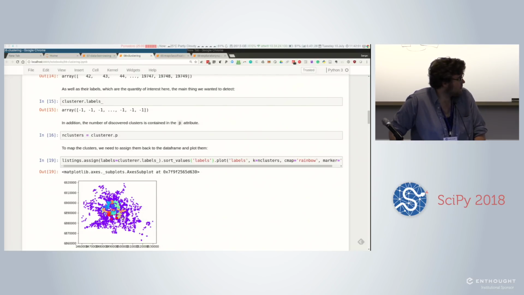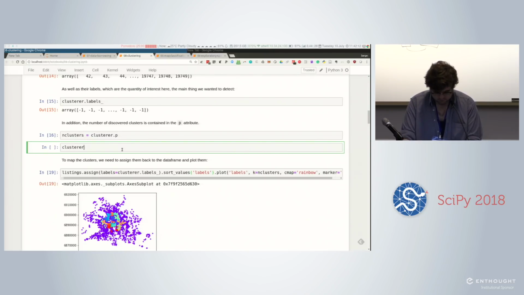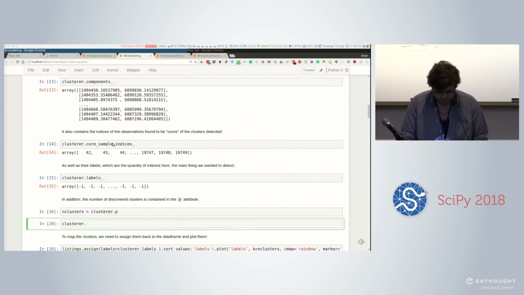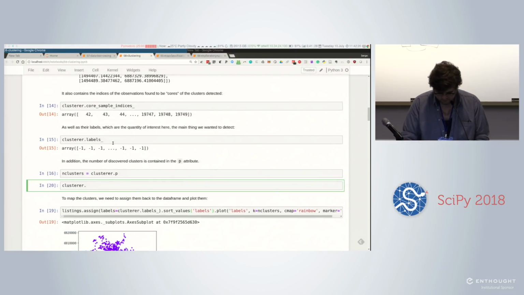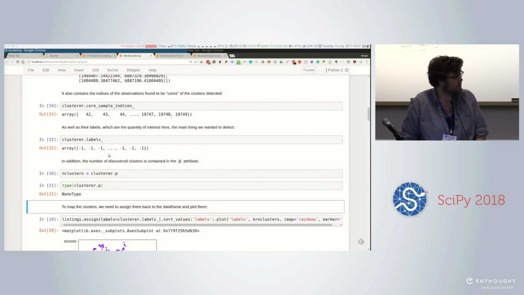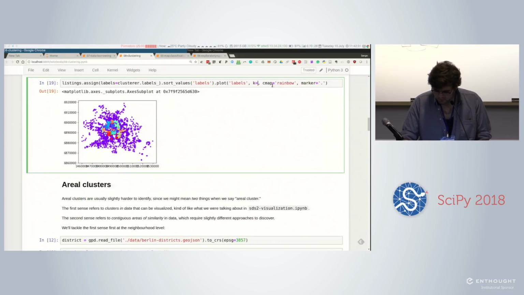Yeah? I was getting the same visualizations as you, but I was looking at the cluster.p. And it's coming up as none type. Shouldn't that be an integer? It should be. Originally, that should be a P. I'm not sure why that's the case right now. I'll have to check on that and get back to you. Sorry about that. Regardless,